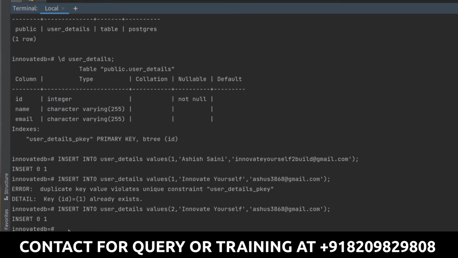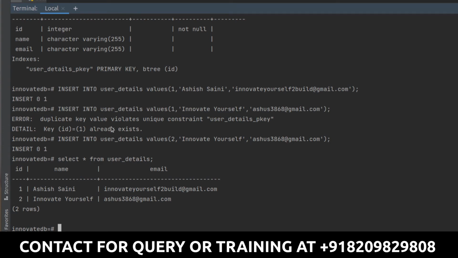Now to check what data I'm having inside that table, you already know, I think, what you should do. You simply have to type select star, star means all, select all data from where I want to check it, from user_details, right? So this is what I'm going to do. Now press enter. Now you can see this is the way how we have our data, and this is the way how you can check all your data that is available inside your table. So this is the way how you can do it.